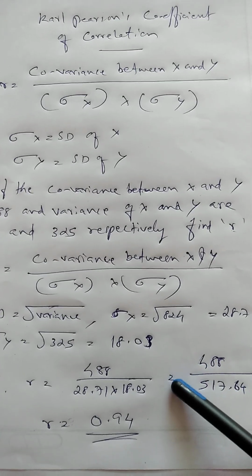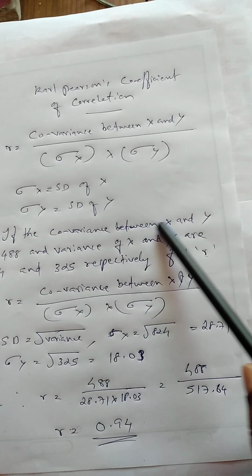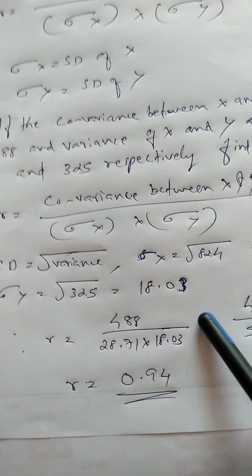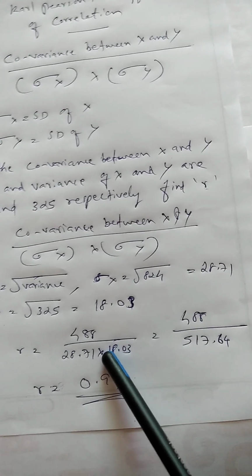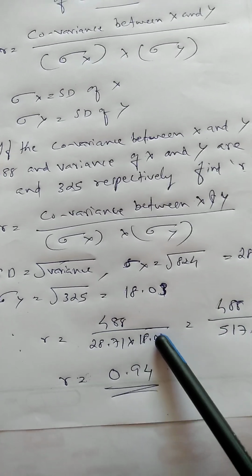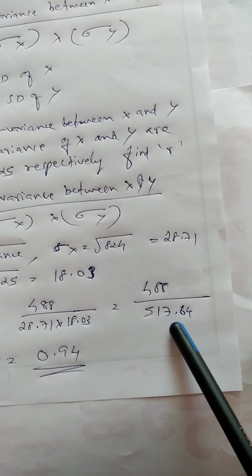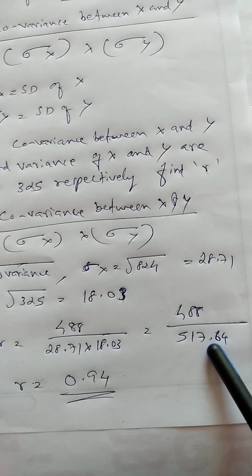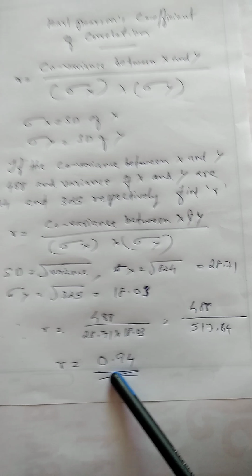Now we are applying the values in the formula. Covariance between x and y is given in the question, 488. So 488 divided by standard deviation of x, which we found out here, 28.71, into standard deviation of y, which is also found out here, 18.03. Okay, then 488 divided by, multiply these two values and we get 517.64. Divide this value and that is the value of Karl Pearson's coefficient of correlation,